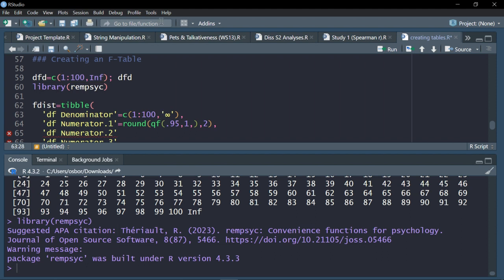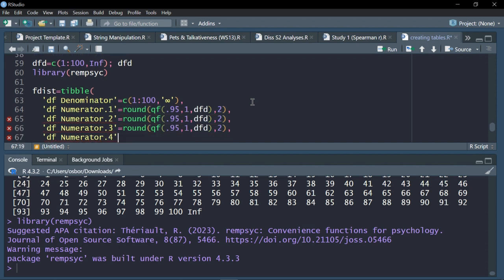So I'm going to say, sorry if this is hard to read, the proportion, whatever's at the 95th percentile, 1 degree of freedom in the numerator, and then DFD in the denominator. So iterate through all of 1 through 100 and infinity. Yeah, will that work? I think this will work. So I need to replicate this for all of these,